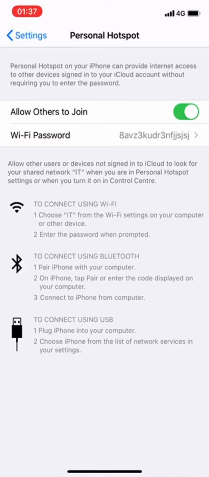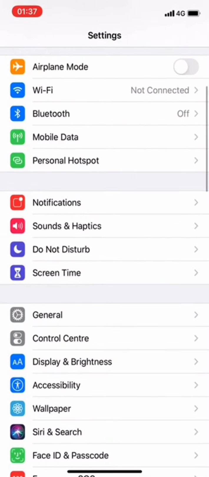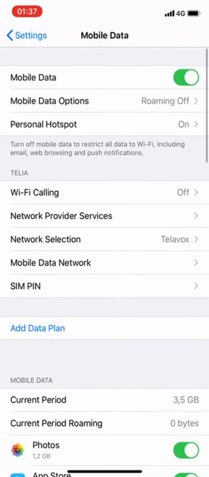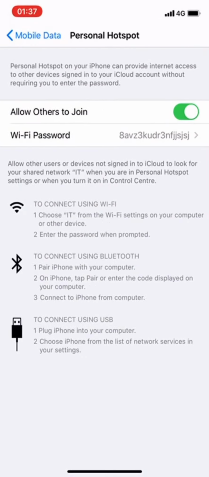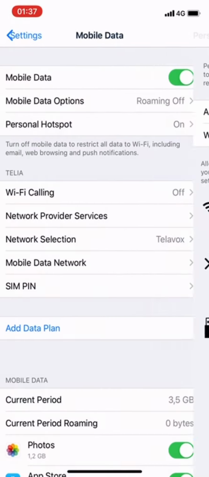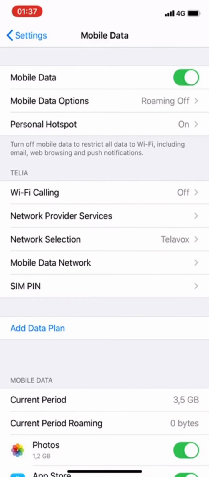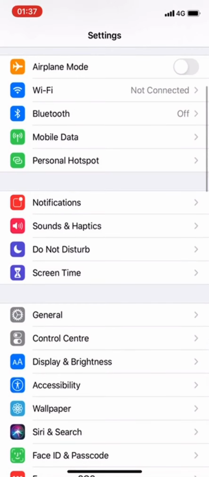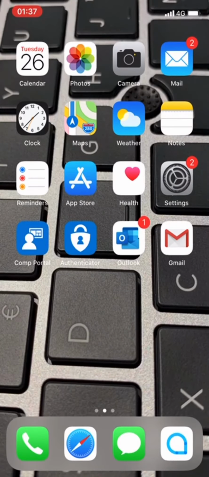You can also connect up using Bluetooth or even connecting the phone via USB, but Wi-Fi is the most common way. Well, in any case, this is basically it. If you for some reason don't have the personal hotspot selection, you can go to mobile data and here you have personal hotspot again. It's the same thing. So it's really basic. And well, I hope this little tutorial will help you out to share your network with